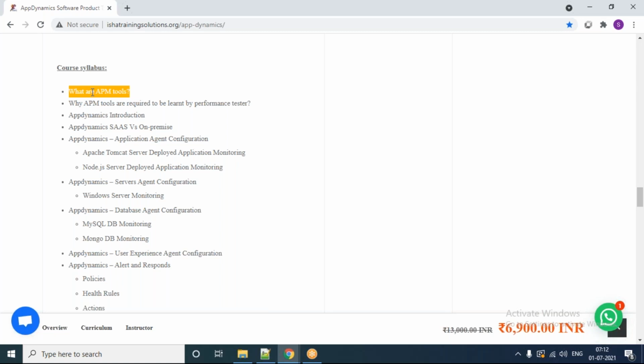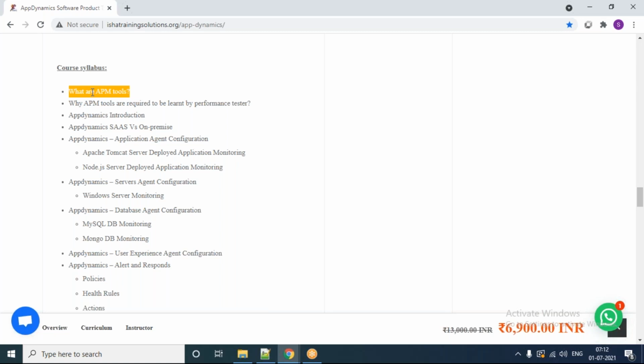With that background, much of the time they will not understand what APM tools mean. So we are going to give you that understanding: what APM tools are, why we are using them, and in what way they are better than the previous profiling tools and static monitoring tools. That understanding is very important.